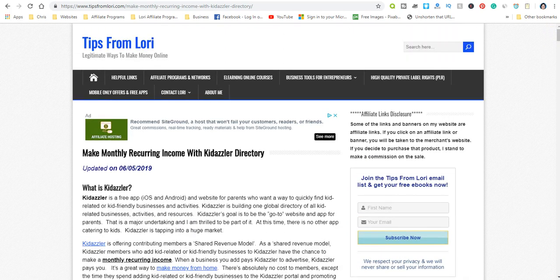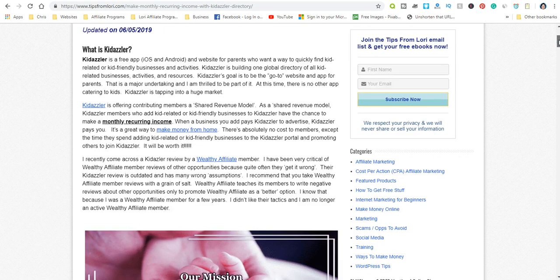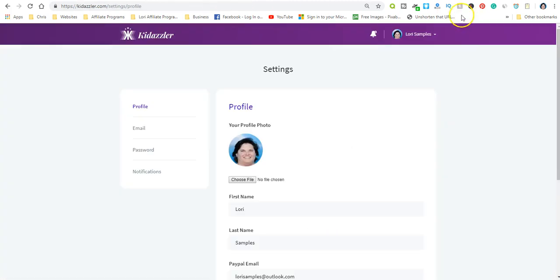They're allowing people to join and invite other people until the end of July. So starting on August 1st, they will eliminate the invitation or referral part of it. People will still be able to join and add businesses, but they will not be able to invite people and build their downline. Now, what do I mean by downline? Let me go up there and...